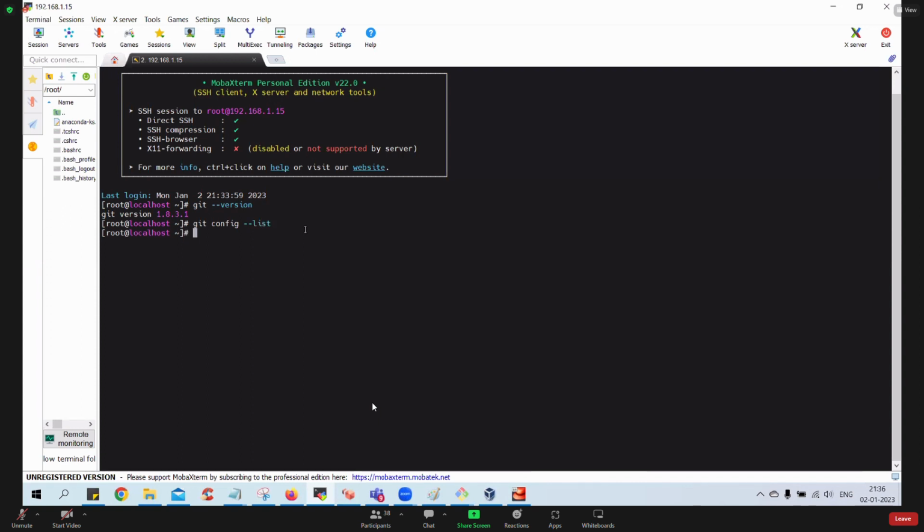Did I get any data? Git config --list. I did not receive any data. I did not get anything. That means no configurations, because we just installed it. That is the reason. So configurations are required here. The reason is